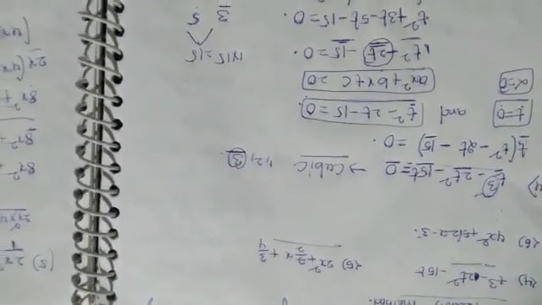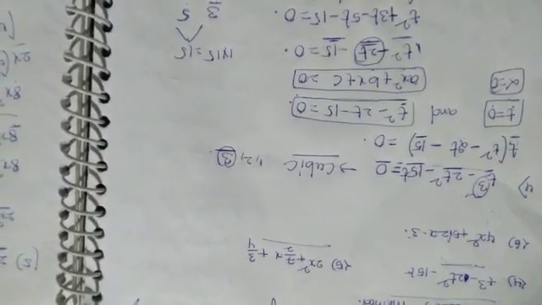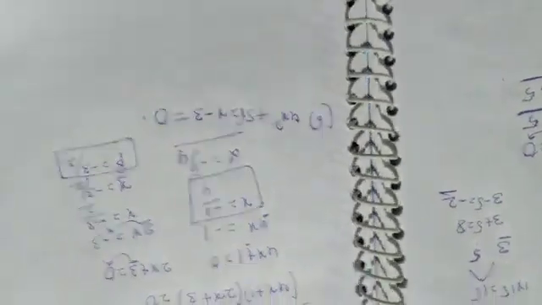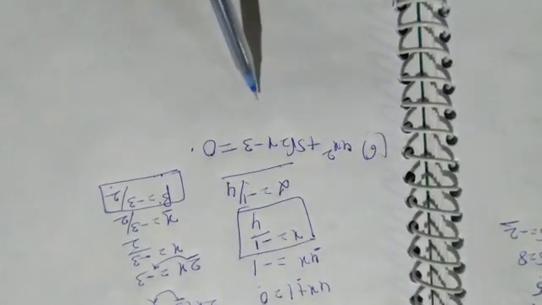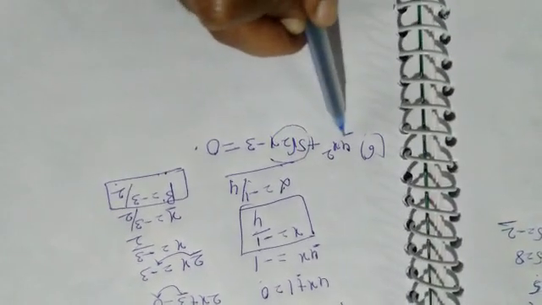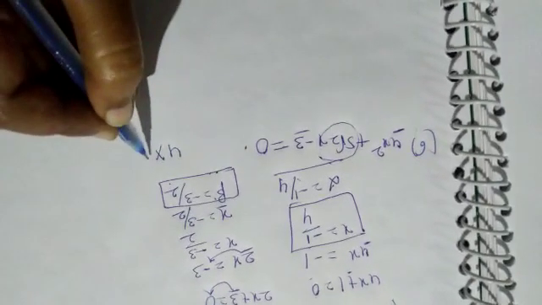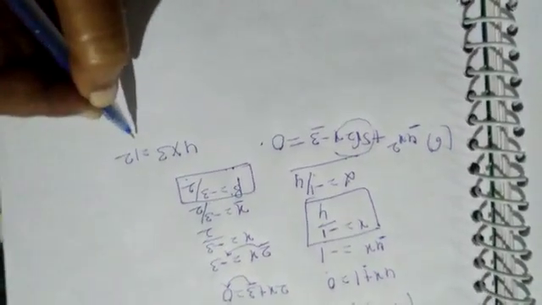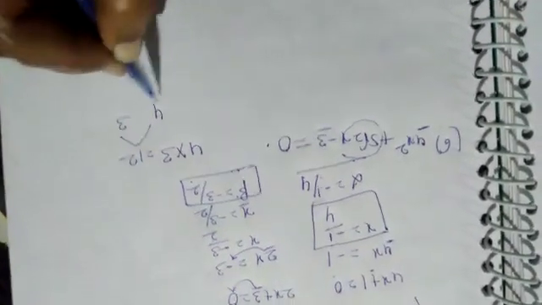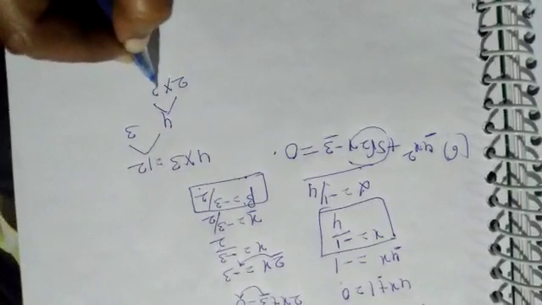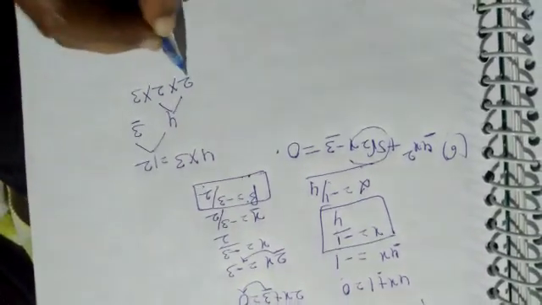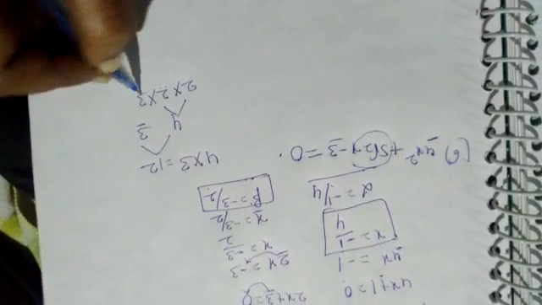Okay, next example. Sixth example is 4x square plus 5 root 2 x minus 3, which is equal to 0. Splitting the middle term by using A and C. Here A is 4 and C is 3, so the product is 12. 12 can be factorized into 4 into 3. 4 can be factorized into 2 into 2. 2 into 2 is 4, 4 into 3 is 12.